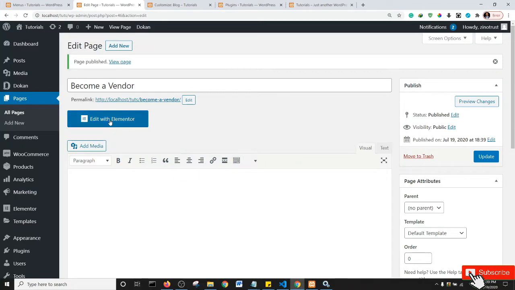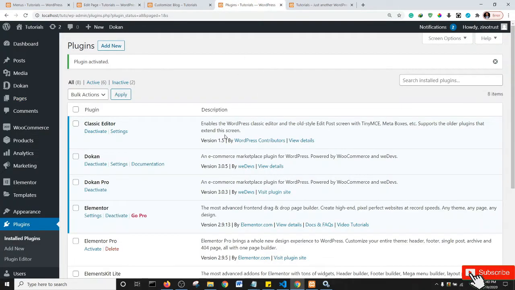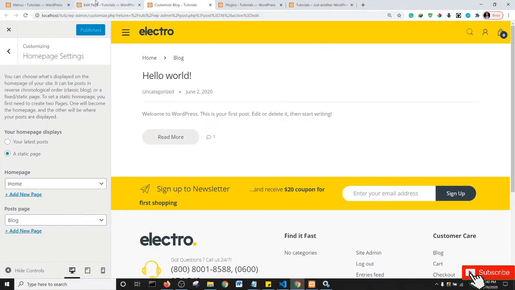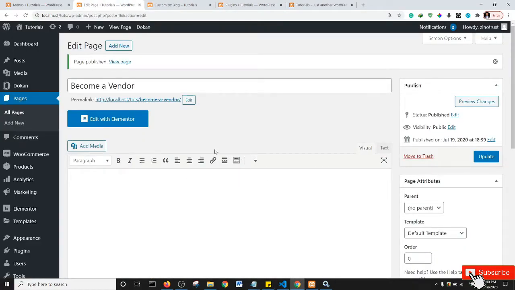If I'm going to use a page builder, then there's no point leaving the Gutenberg editor. So you can go ahead and install the plugin for classic editor. This is the plugin for classic editor, and then it will restore the WordPress classic editor. So this is the vendor page, and basically what I'm going to do is add a short code to